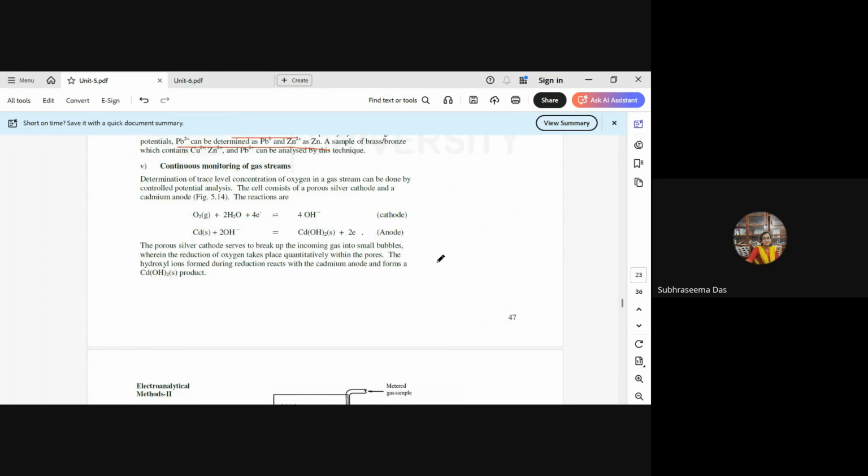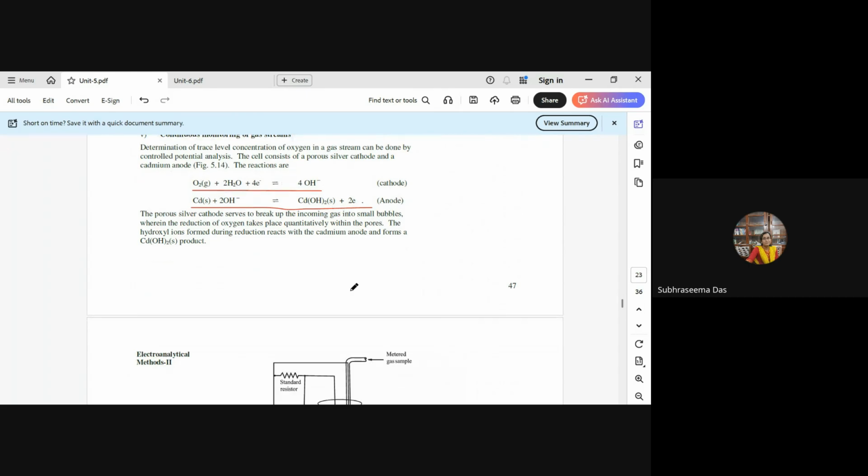Continuous monitoring of a gas stream: determination of trace level concentration of oxygen in a gas stream can be done by controlled potential reactions. The cell consists of a porous silver cathode and a cadmium anode. The reactions are O2 + 2H2O + 4e- forming 4OH-, and Cd + 2OH- forming Cd(OH)2 plus a gain of 2 electrons. The porous silver cathode serves to break up the incoming gas into small bubbles wherein the reduction of oxygen takes place quantitatively within the pores. The hydroxyl ions formed during the reduction reaction react with the cadmium anode